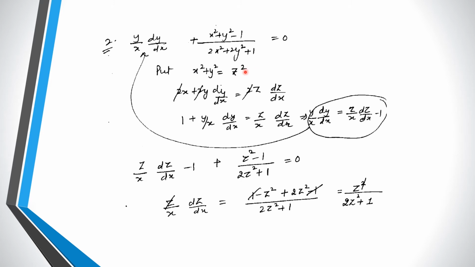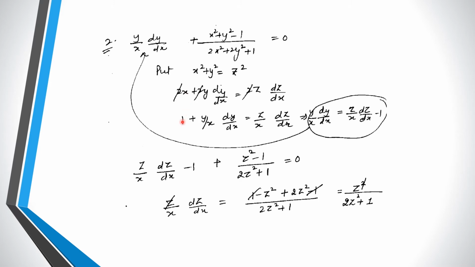You can put z also and z², this is up to you. Now just see what will be the value of this equation. What is the value of the derivative of this equation with respect to x? What is the derivative of x²? It is 2x. Derivative of y², it is 2y into dy/dx, is equal to the derivative of z², which is 2z into dz/dx. This 2 will be cancelled out on both sides. You can divide by x on both sides.